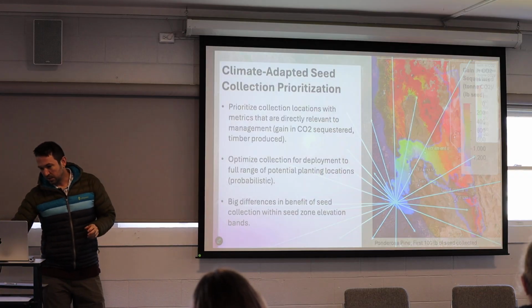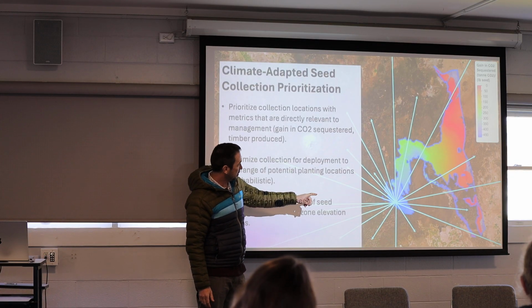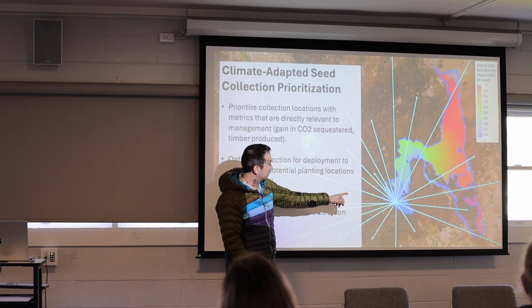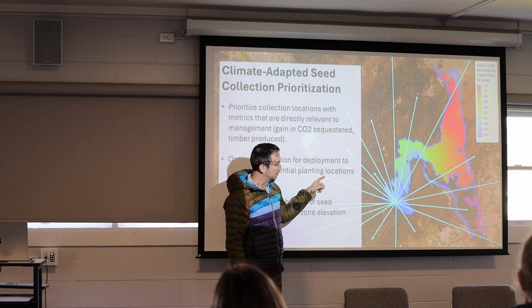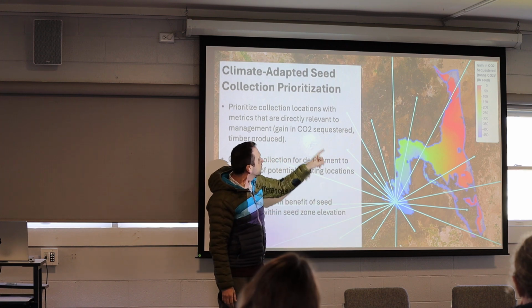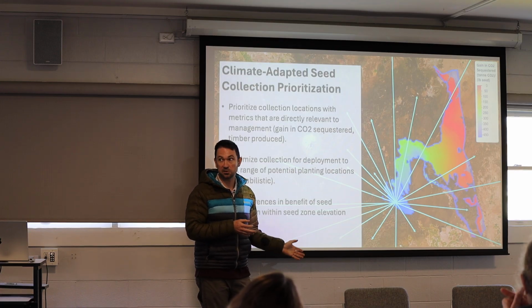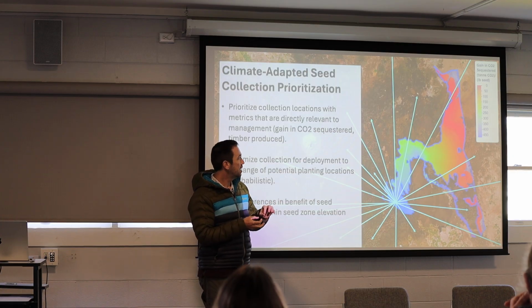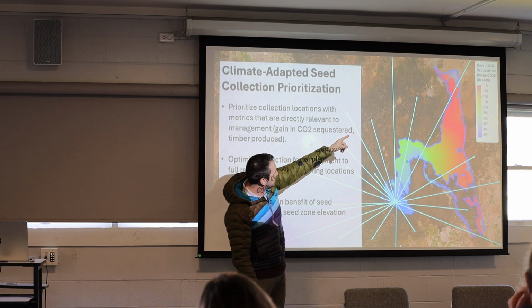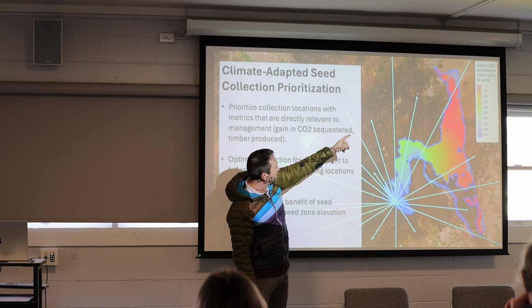And so the idea there is that you collect seed from that particular location, and you're calculating the probability that it might be useful in any number of possible deployment locations. And this is a marginal benefit because the first seed you collect is going to have the most benefit, and then as you collect more of that seed, you're starting to swamp out those most beneficial locations where it's likely to be planted. So this is the marginal gain in carbon dioxide sequestered in tons of carbon dioxide per pound